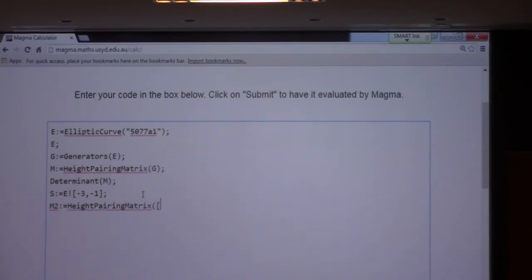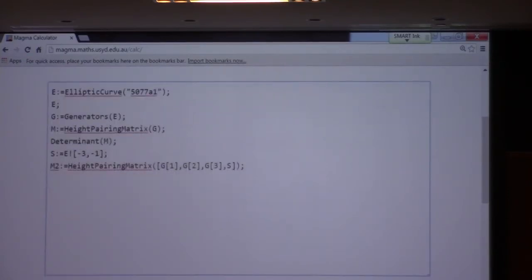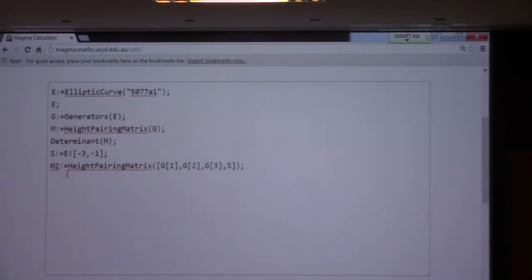Of G1, G2, G3, and S. See if that is okay by Magma. Yes, it is okay with Magma. And then let's calculate the determinant